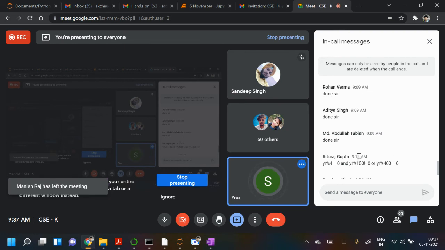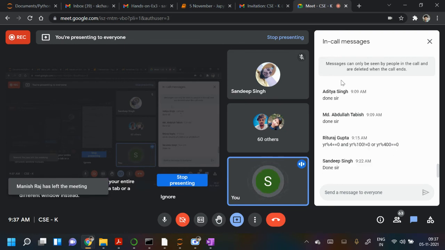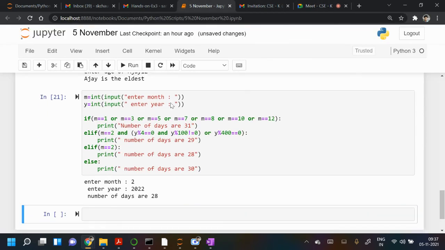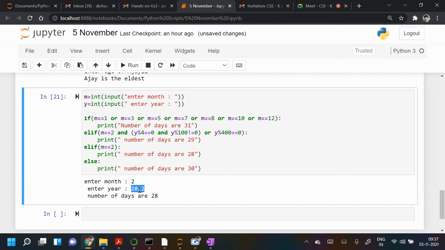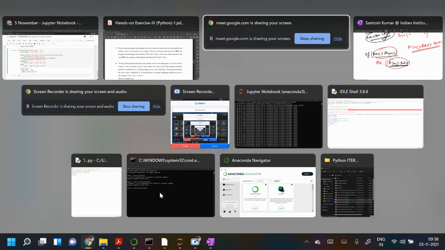Okay, so now anyone who has done this, first of all, I will ask who has not done this question, this enter month year problem, and then you have to decide the number of days. So I will ask the name. This is attendance also. Okay, everyone got the concept of leap year? So I'm again telling, one minute.